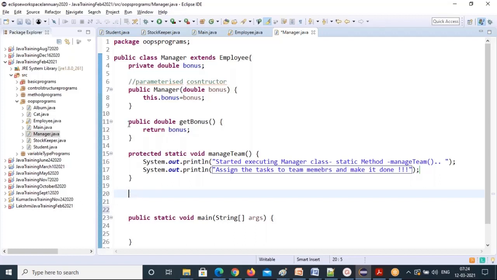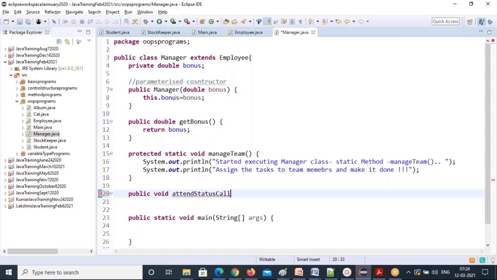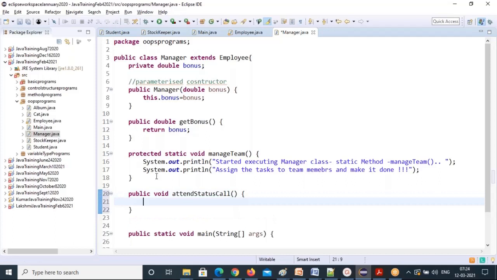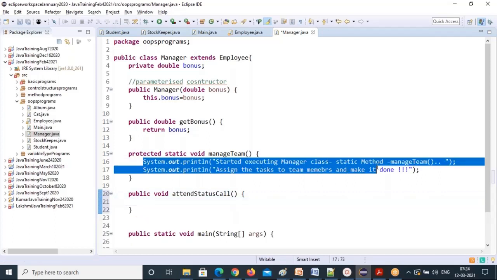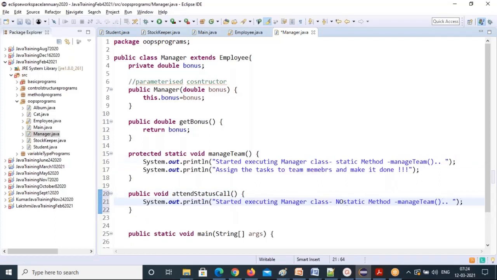We already have a non-static method. I'll create one more non-static method, public void attendStatusCall. He will attend the status call in the management meetings, the high-level meetings, so I'm representing that with this method. Simply, you can say it is a non-static method.